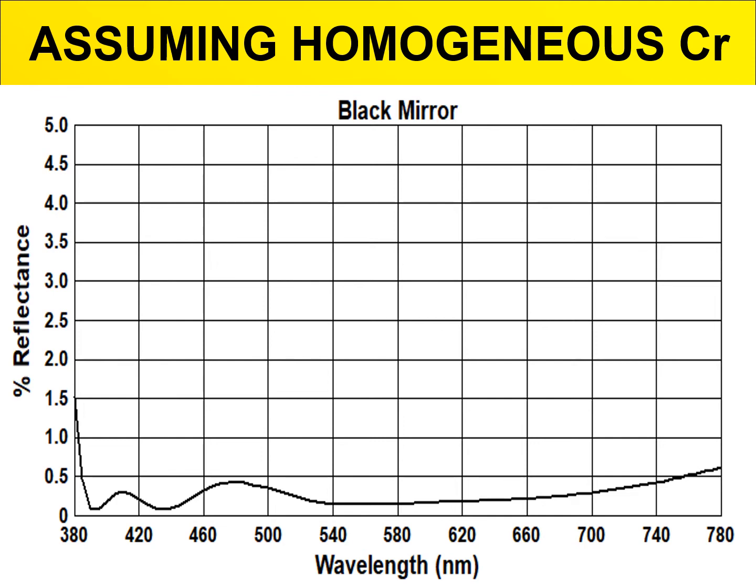So this happens to be an opaque film of chromium and then a dielectric, metal, dielectric, metal, dielectric of SiO2 and chrome. And if I can adjust the thicknesses of those layers on top of the opaque chrome, I can make a black design like this. However, if I were to assume that all of the chromium had the same N and K values, and I get a design like this, when I actually try to produce it, I find